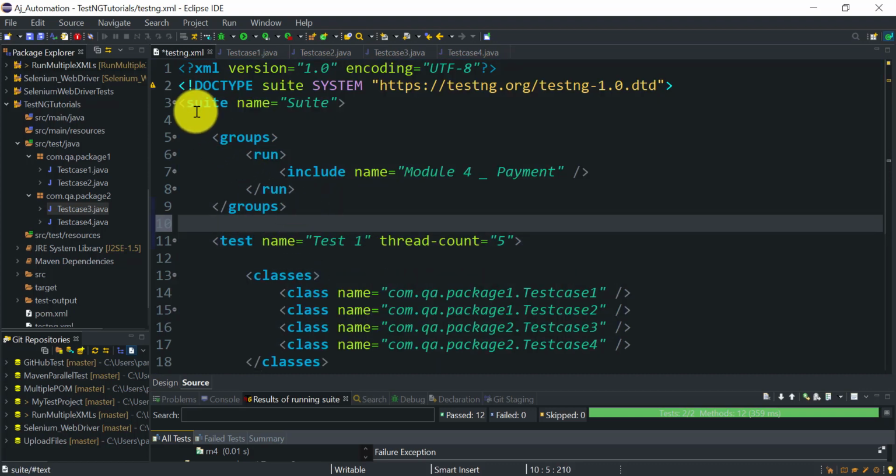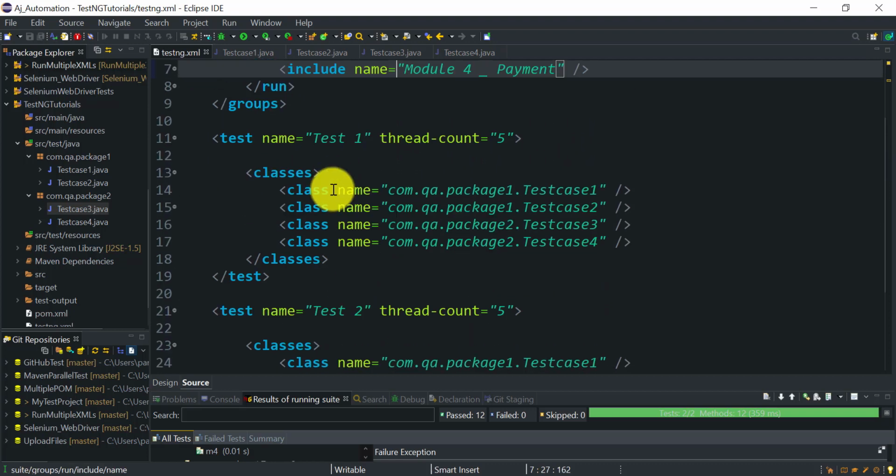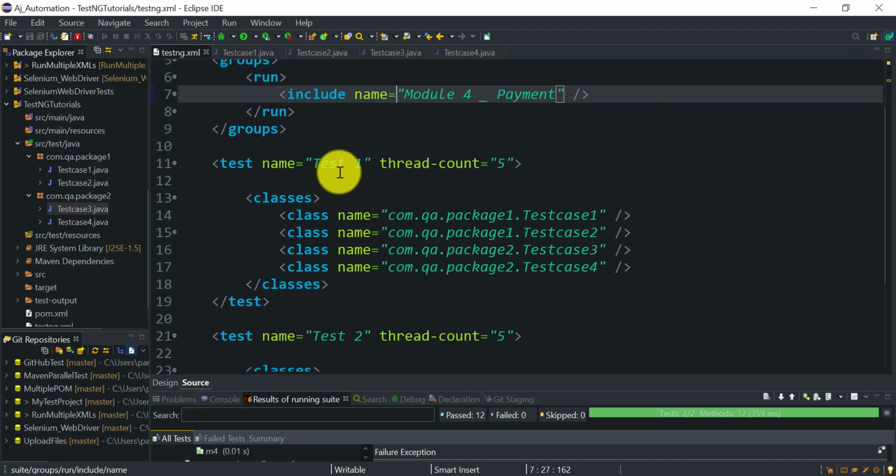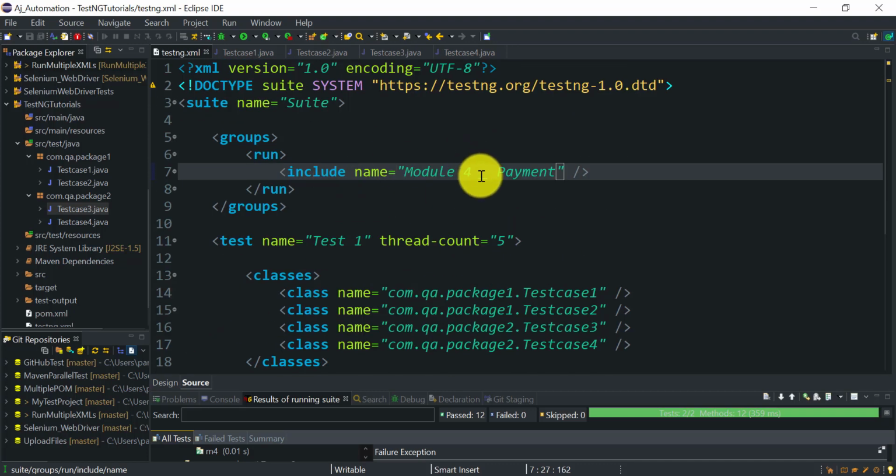Okay, so after the suite and before the test, I have added groups, run, include, module for payment. So now this condition will be applicable for every test. For test 1 and test 2, this condition will be applicable.